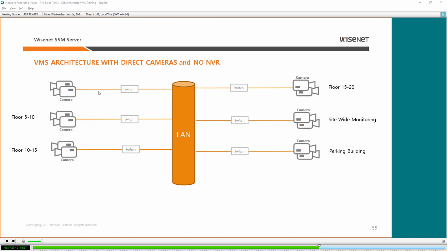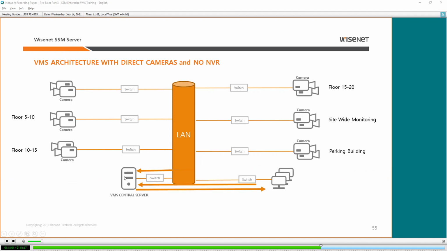Now let's look at SSM as if you don't have an NVR with you. You're buying an HP server or a Dell server. You want to install SSM VMS on it. You want to buy a SAN storage, maybe Pivot 3 storage or resilient storage or Infortrend storage, Promise storage, EMC storage. It doesn't matter. NetApp storage. You're buying everything third party. Only VMS software you want from Hanwha. In that case, we have a solution, same thing, install the SSM on the Windows PC, but here we charge you camera license. Okay, all the cameras will go to the server.